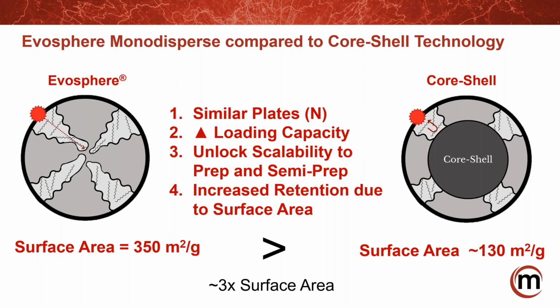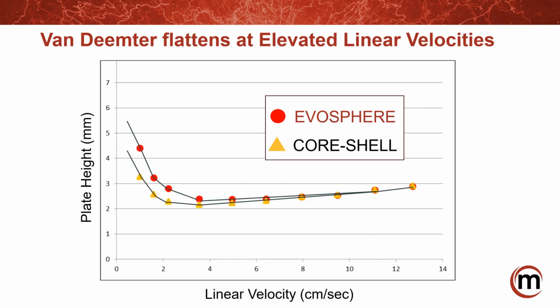especially if you're trying to retain polar compounds. A lot of people say, oh, can you show me van Deemter plots? This is one version of the van Deemter. We're actually working with a very well-recognized collaborator to break down the impact of the A, B, and C terms, so that we can explain it a little bit better. But you can see at low linear velocities, sure, the core shell you might get a little bit of a plate height benefit. But at higher linear velocities, which is what people are normally running at, we're pretty much aligned with